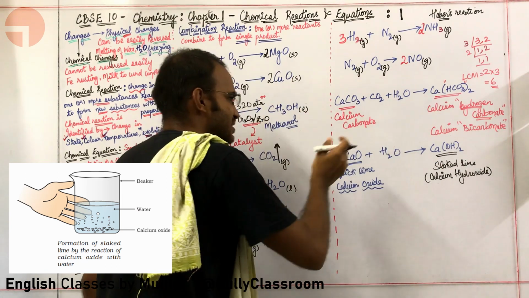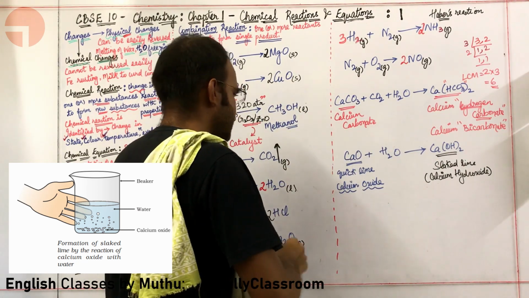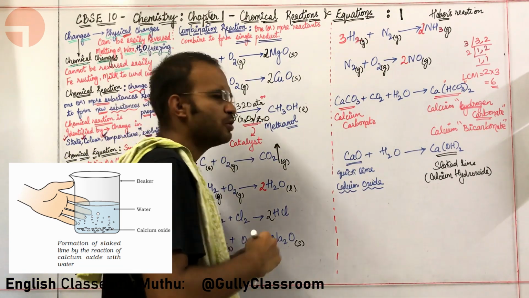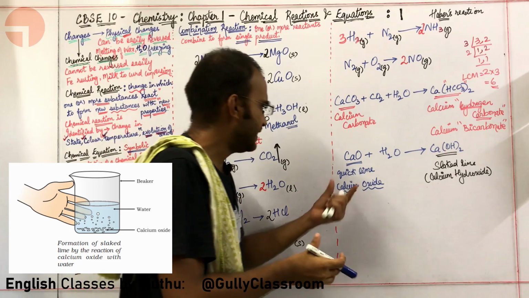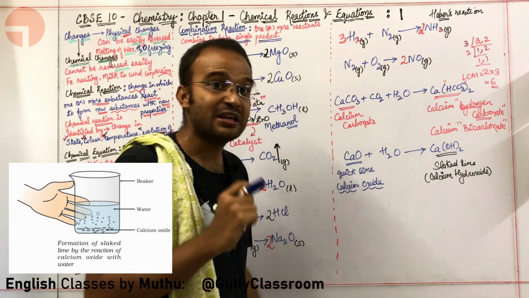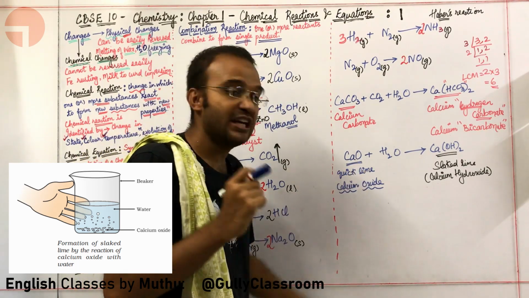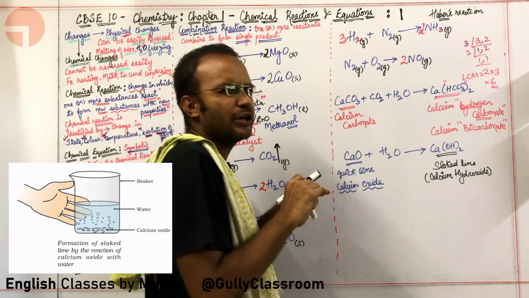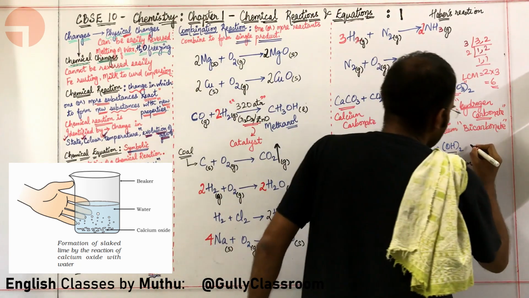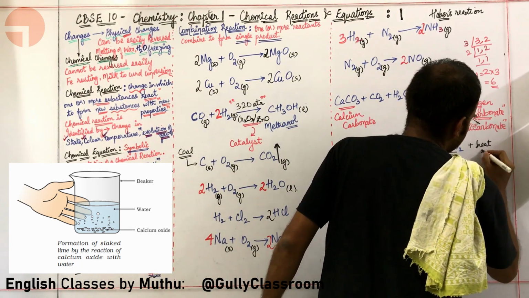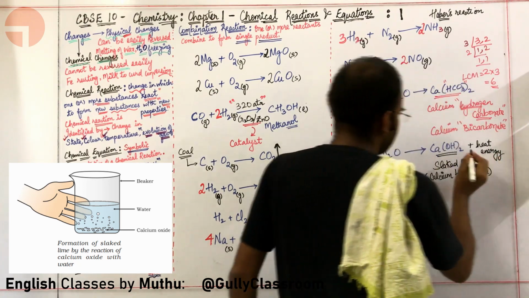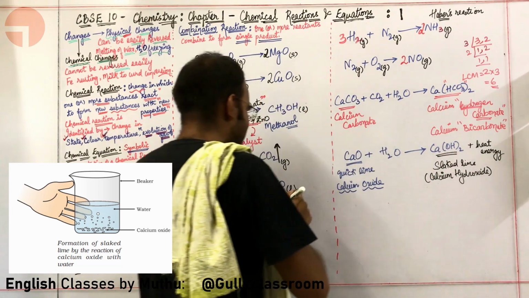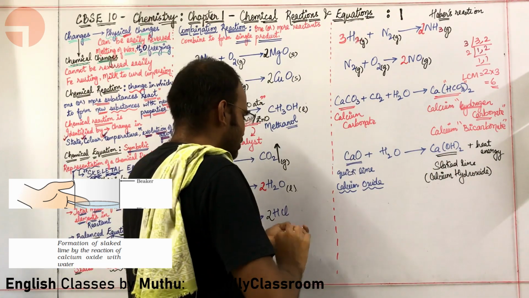Okay, sir. What is the speciality of calcium hydroxide? This calcium hydroxide is used for whitewashing. When you are doing whitewashing, you will take calcium oxide. In Tamil, calcium oxide, common name quicklime, is called Sunnambukal. You will mix it with water. When you are mixing it with water, a lot of heat will be evolved, so you will put plus heat energy over here, because a lot of heat will be evolved. Now you will take Ca(OH)2 and simply paint it on the walls.